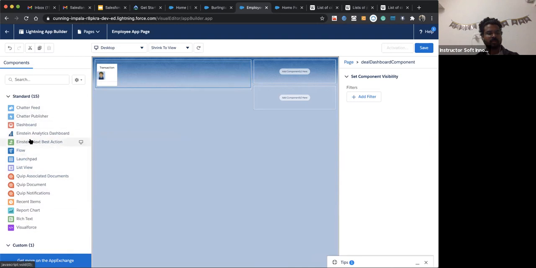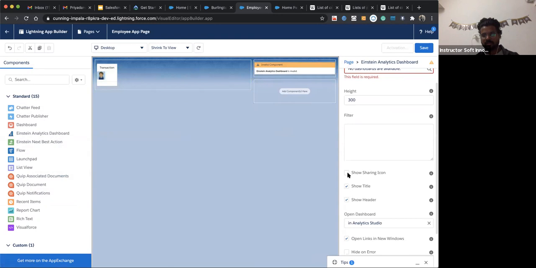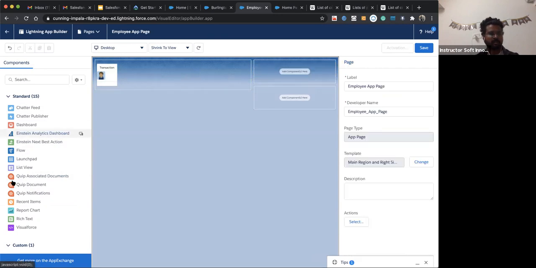Suppose I want to add Einstein analytics, I'd add it here, but we need to add a filter and create its dashboard. Later on, once we learn about these separate topics, thereafter we add them.